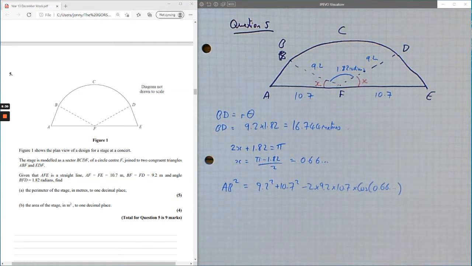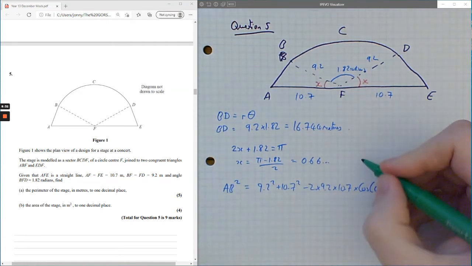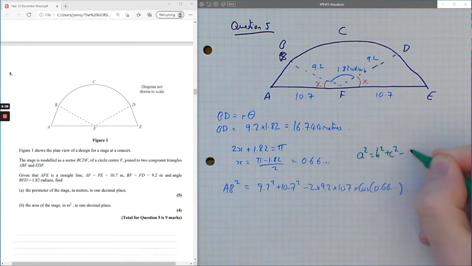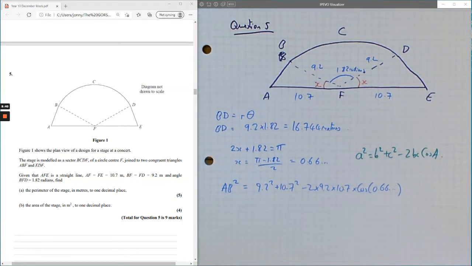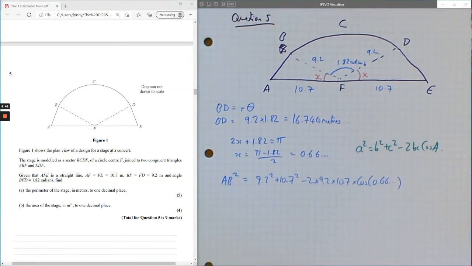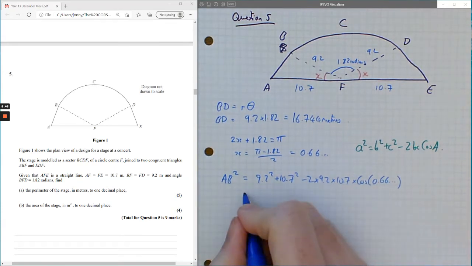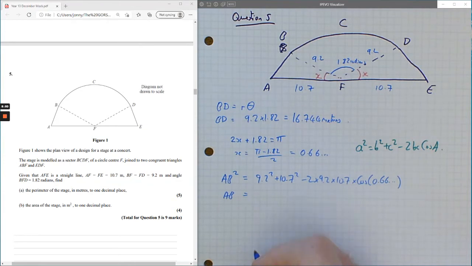Right, that's the cosine rule. If anyone's not sure about that, I'll just write it out here. It's a squared equals b squared plus c squared minus 2bc cos a. You need to have that memorized, right? That should be something that you know and you can recall from memory. So this then gives you AB will be equal to